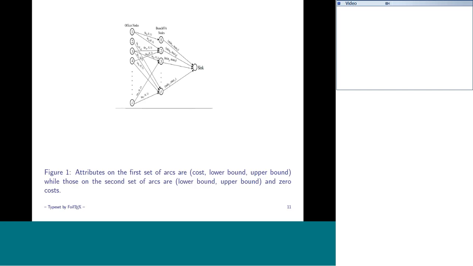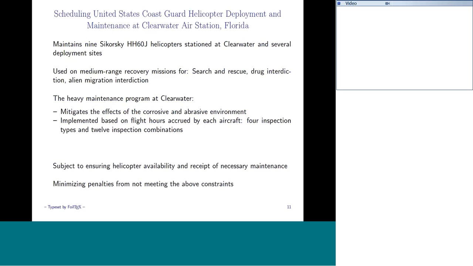Departing from the branch and functional area nodes and going into the sink, we had minimum Army requirements and maximum Army requirements. So the total number of officers we assigned to a branch or functional area had to be between the minimum and maximum number designated by the Army. This is a way of depicting the model. We were able to solve it very quickly based on this depiction, because it was a network and not, for example, an integer program. We'll talk a little more about solution techniques and some results as soon as I finish discussing the next 2.